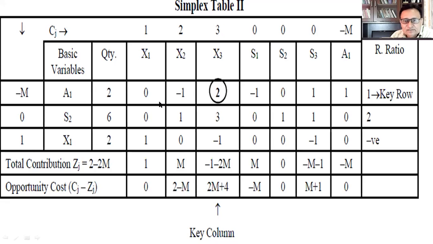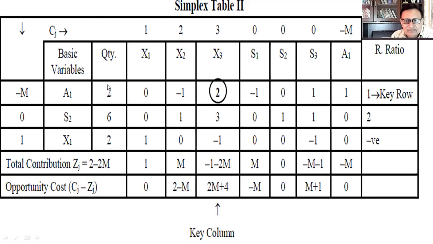So first column, 0 multiplied by minus M, because the coefficient of A1 in the objective function is minus M, then S2 is 0, and X1 has coefficient 1. The same column will be multiplied by these. So here 0 multiplied by minus M plus 0 plus 1. So here it will become minus M plus M, that will become 0. So Zj, its value will be,